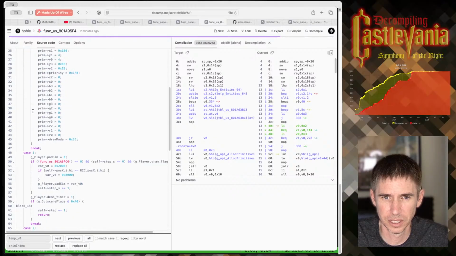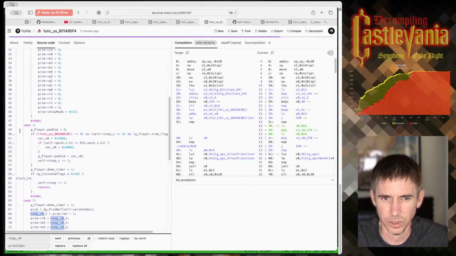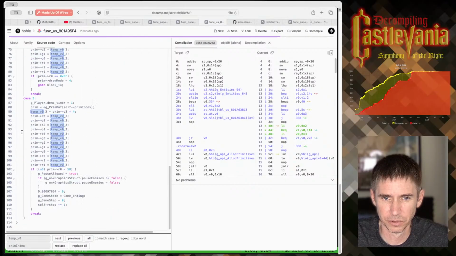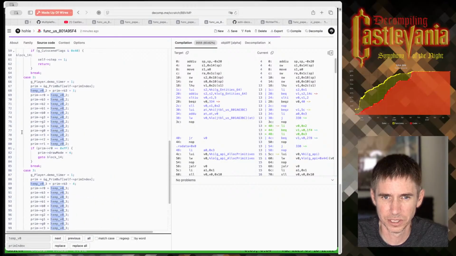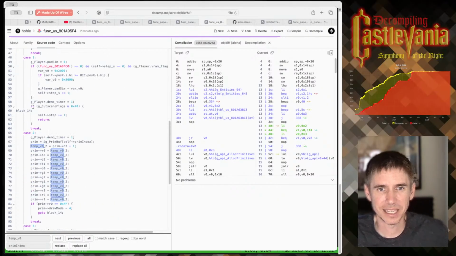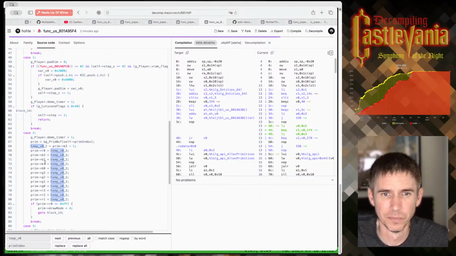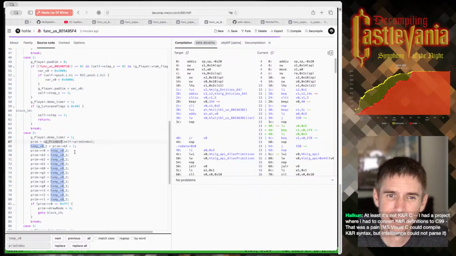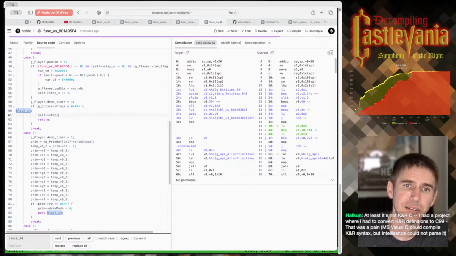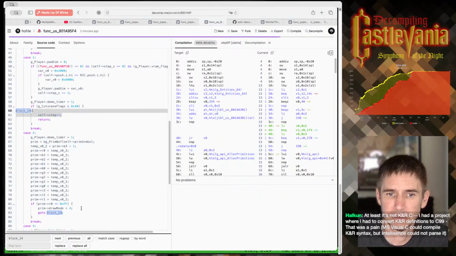And I suppose then we never step through the other steps, because if we did make it to the other steps, we would eventually go to prim buff -1. Get rid of this block 14.